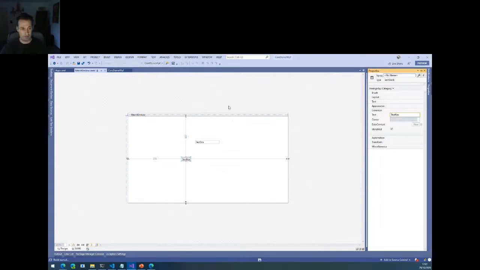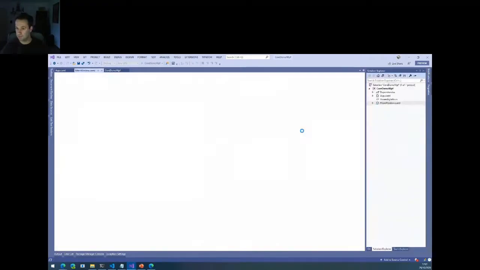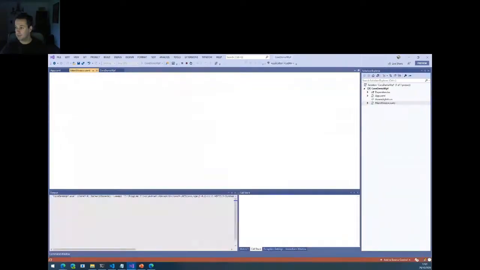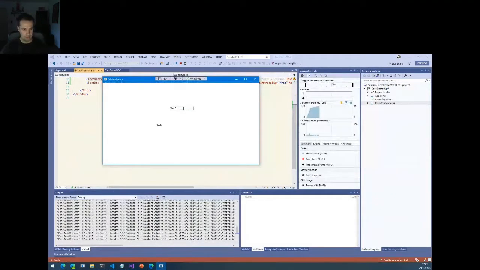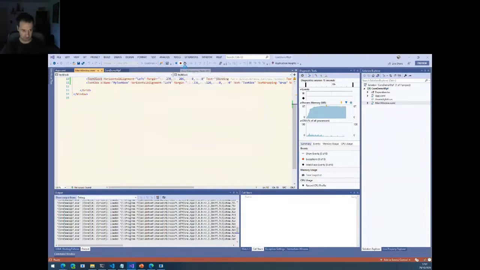Meaning that if I run this application, once it compiles, here we go. As soon as I start editing, the text block updates. Nothing spectacular. Everyone who's done some XAML data binding stuff, this is pretty normal.